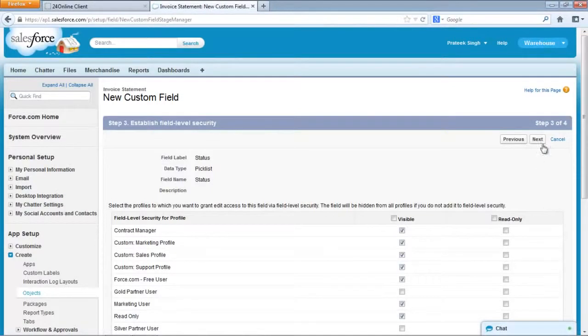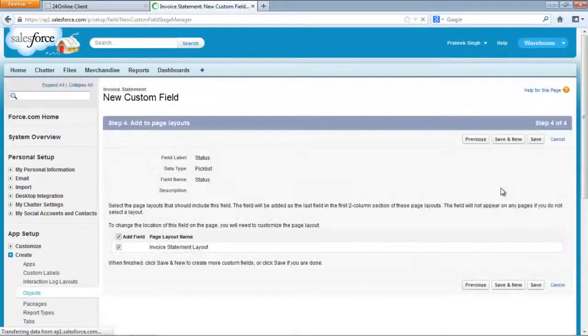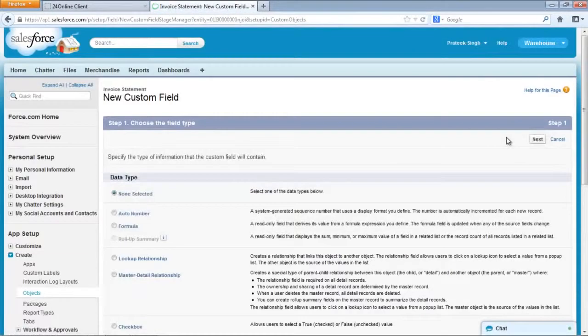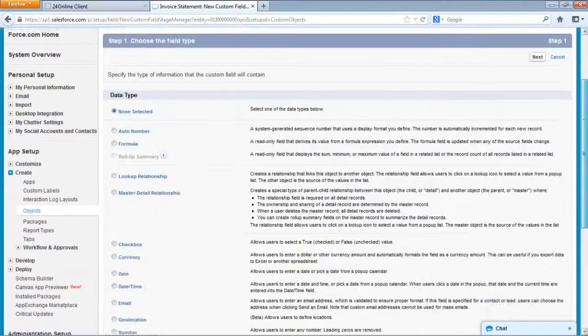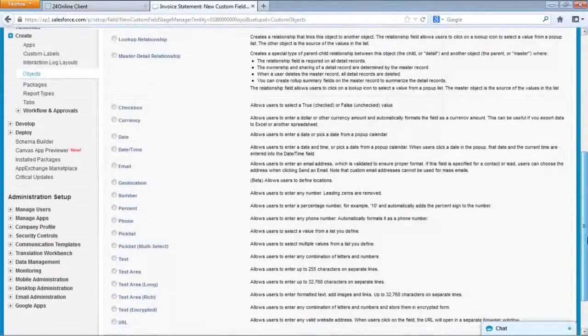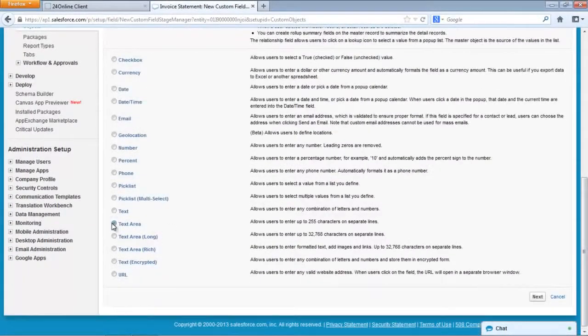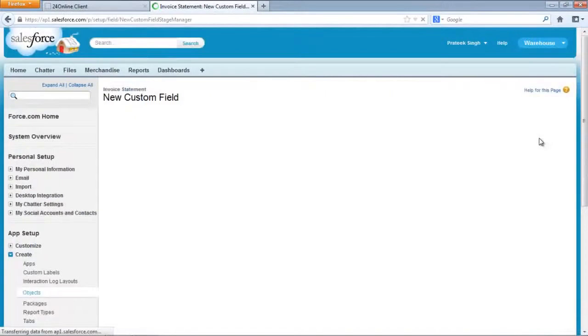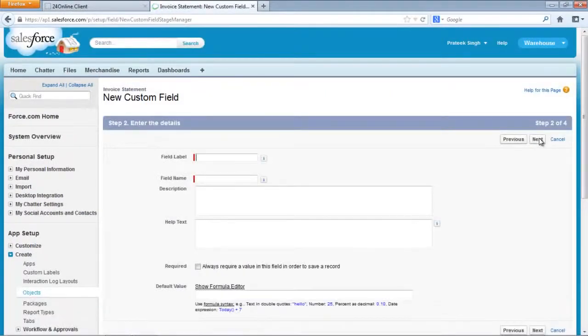So we will click on next. These are the same security steps, and again we will click on save and new, because we will have to create more fields. So we are back to our field page. Let's add a description field to this object as well, so that users understand what all this is about. So we click on next. I will just skip this step. I will create it on my own, and I will not include this in the video.